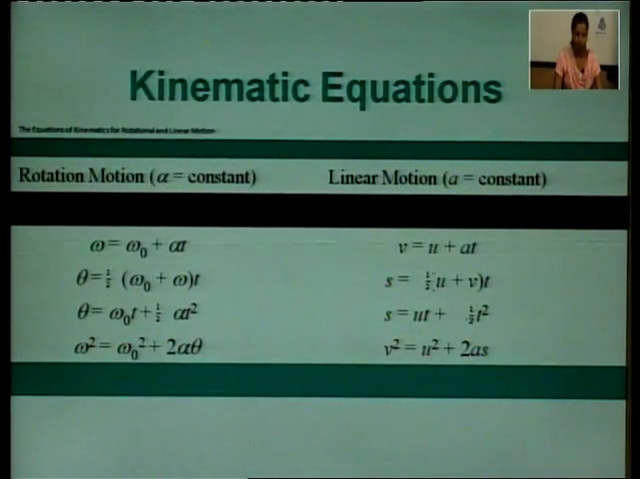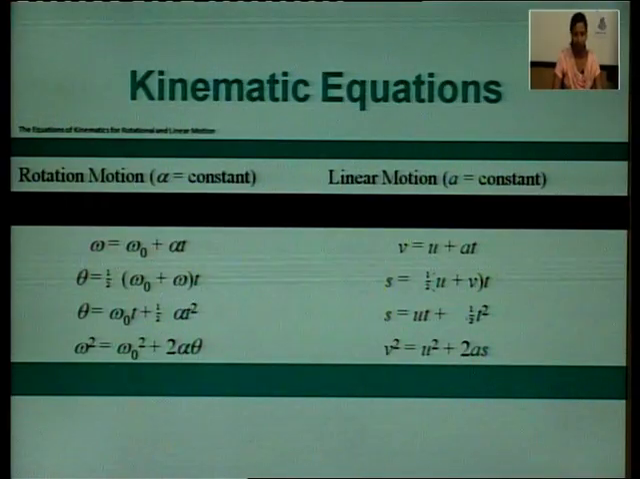So, now we come to the kinematical equations in two different types of motion, linear motion as well as rotational motion. In linear motion, on the right side, we suppose a is constant, that is, acceleration is constant. So, v = u + at, s = ((u + v)/2) × t, s = ut + (1/2)at², and v² = u² + 2as. These formulas you already know, but similar to these, on the left side we come to know about the